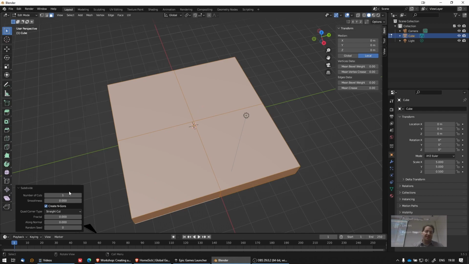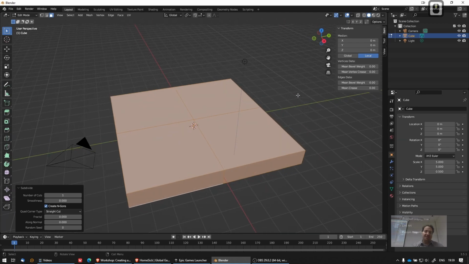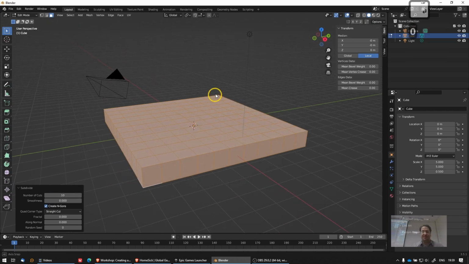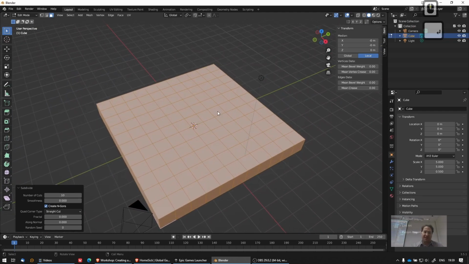So at the moment, what happened is we cut the mesh just once from every side. So instead of one face, now we have 4 faces on top and also 4 faces on the bottom. So if we want more faces, we just increase the number of cuts. So I will increase them to 10, and then I will press enter to confirm. And as you can see, now we have a nicely subdivided cube